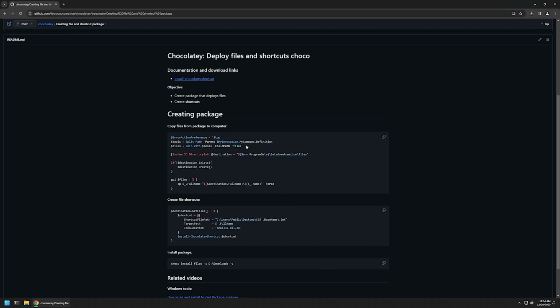The idea is that I will be creating a files folder in the package, and I will place all the files that I want to deploy in that folder. And after that, I have the destination folder, and this is the location where I will be deploying my files. It will be in C program data, Let's Do Automation and files folder,